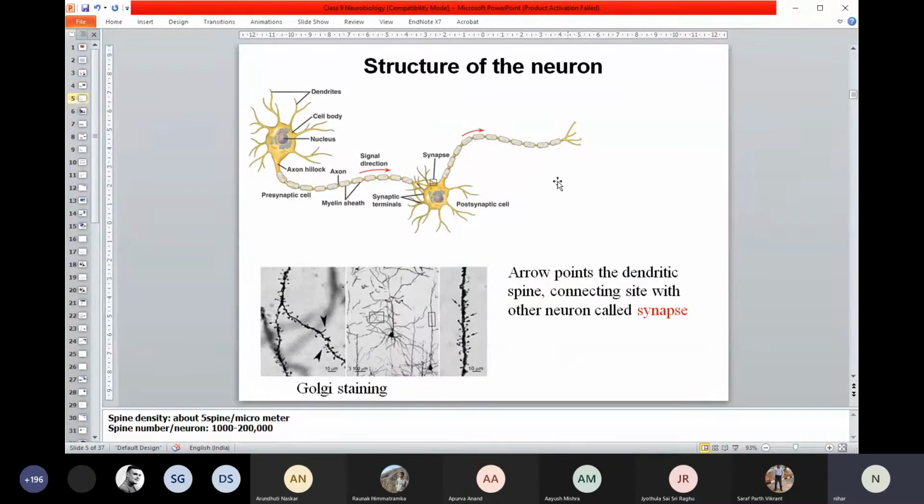So now think about the structure of the neuron. I am sure all of you have studied this. There are cell bodies, and at the tip there are dendrites, which receive the information, and there's a long axon. On the axon there's a thick myelin sheath cover. That's the insulating cover, but in between there's a gap, called the node of Ranvier.